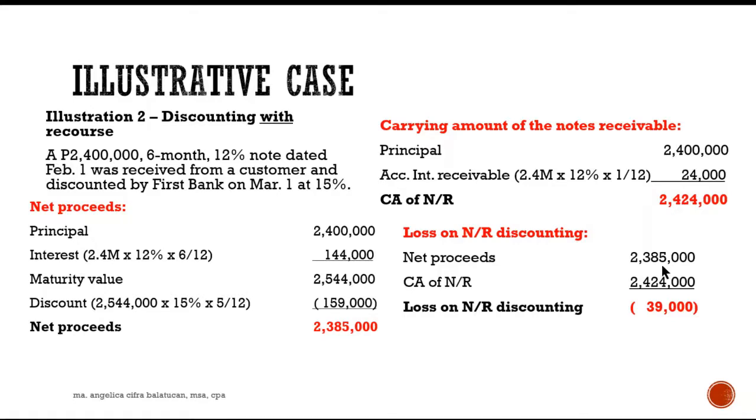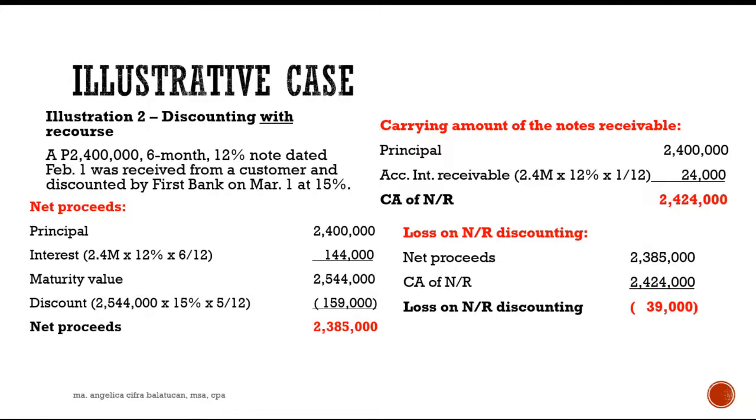If we regularly received interest on this, in the first month we would receive 24,000. But since we forwent that, because we need the money, what we received is only 2,385,000. So we are short by 39,000. If it is with recourse,